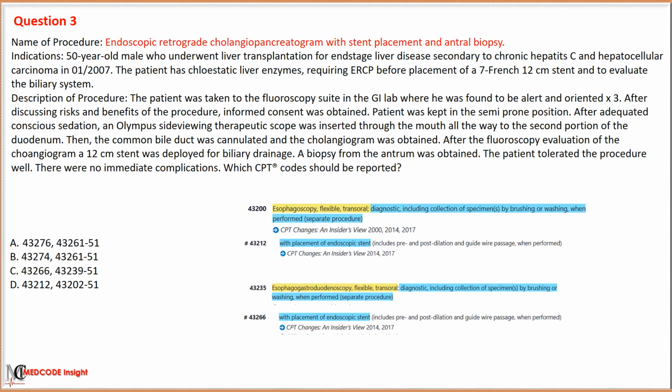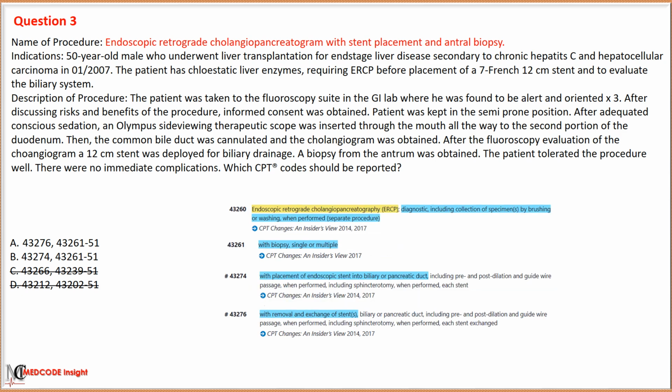In the given scenario, the provider performed an endoscopic retrograde cholangiopancreatogram. We first eliminate option C with code 43266, which is used to report EGD, and option D with code 43212, used for reporting esophagoscopy.